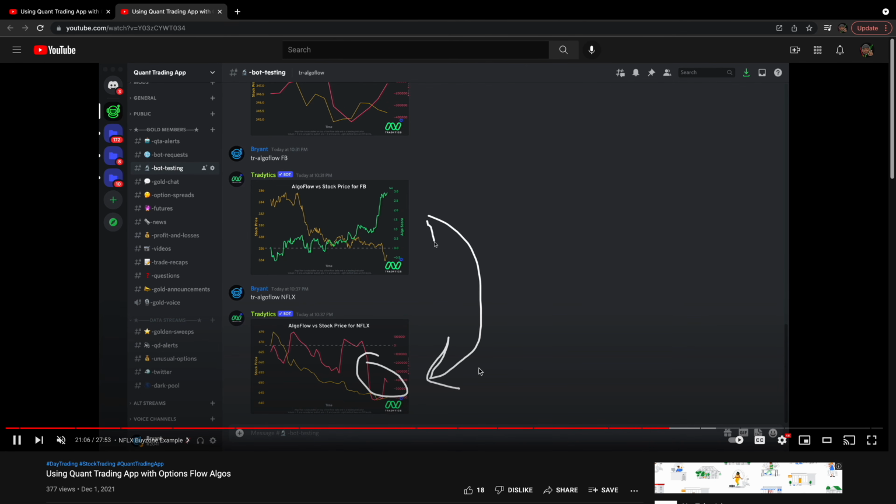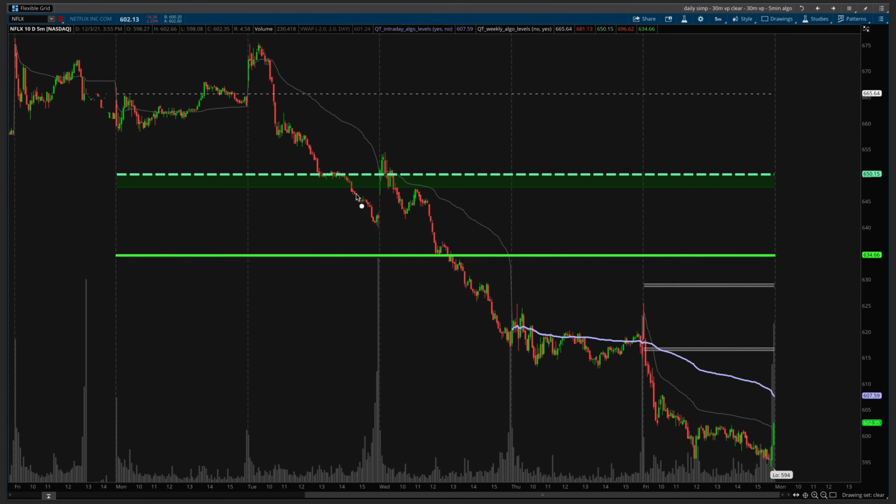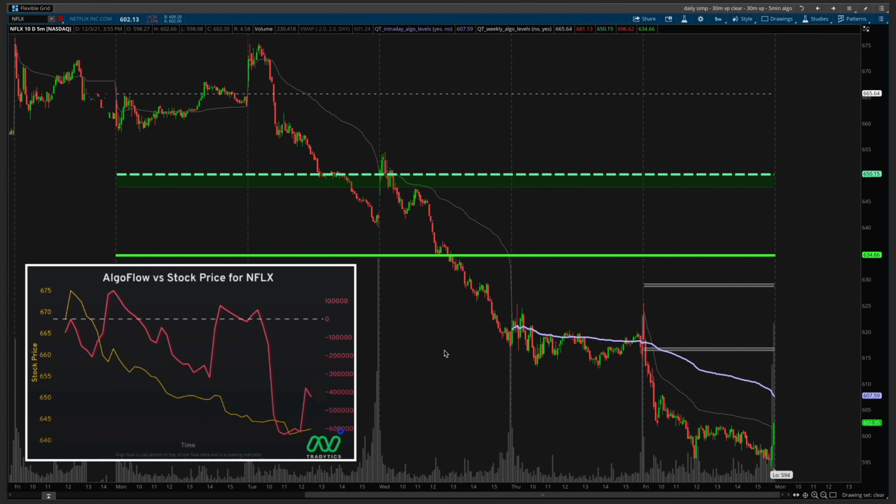So I was just saying, if you were to choose which one of these two did you want to be bullish, obviously it would go with Facebook, because even though these were both at the buy zone, Netflix was deep below the buy zone, but sometimes these things rubber band over it, at least for the opening gap up. That's how you can choose which one you want to trade. So as we can see, Netflix did gap up, but we had no expectation of this actually continuing the next day. So moving right along, here goes the algo flow for the options market,